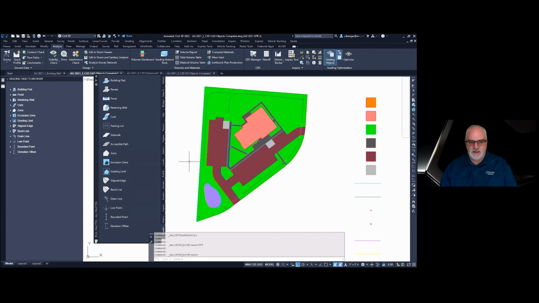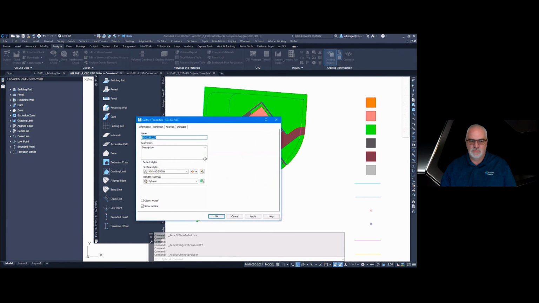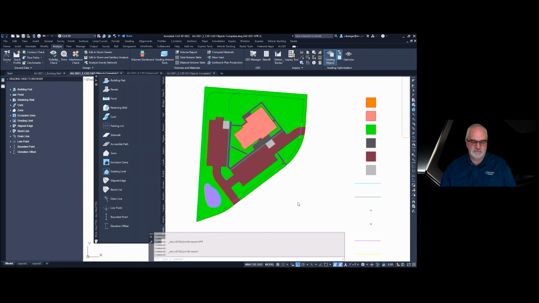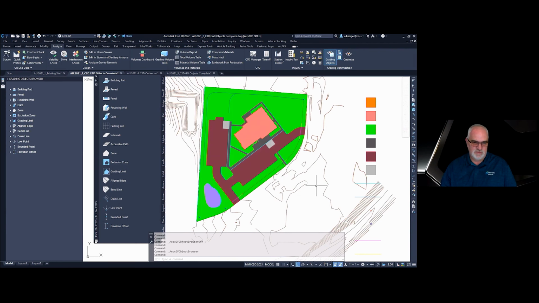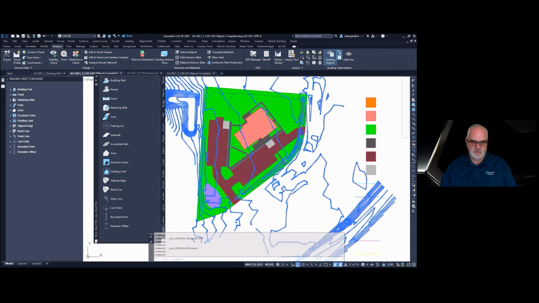You really are not defining any elevations except with a bound point where you'd put in a fixed elevation. The rest, you're giving it a min max or a low point, or just telling it what the criteria is, not giving it an elevation. It will figure that out based on the surface that you tell it to start with. And in this drawing, I have one surface, and I just got it set to where it's not showing right now, but it's an existing ground surface based on a survey for this site.